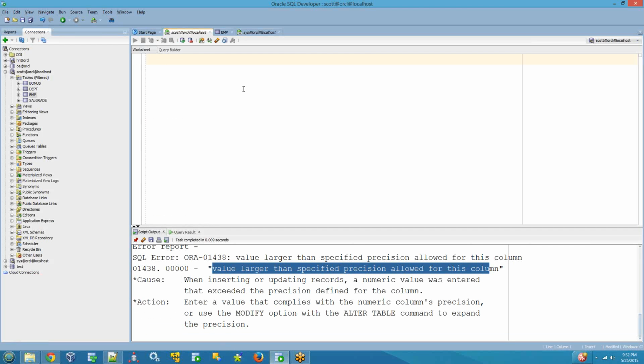So let's see the insert statement. Insert is for inserting data into a table. Okay, inserting data into a table. While inserting,